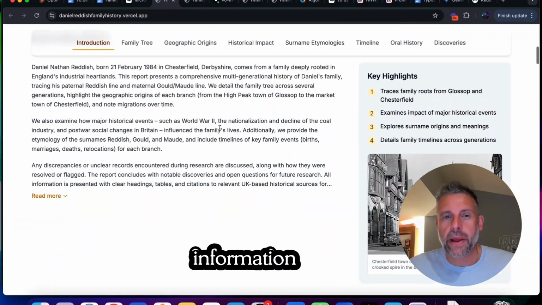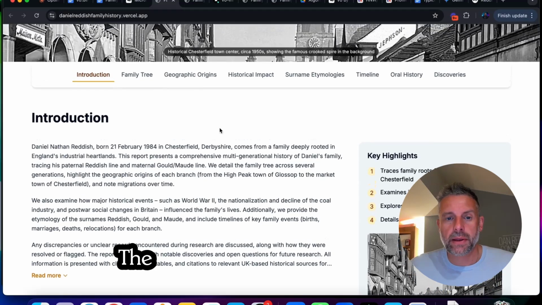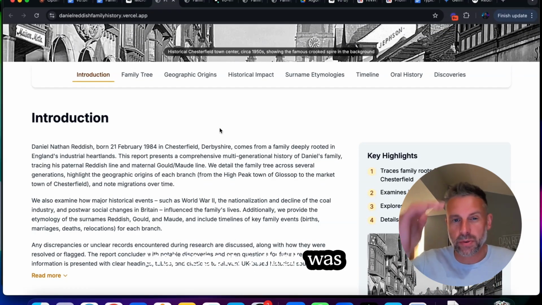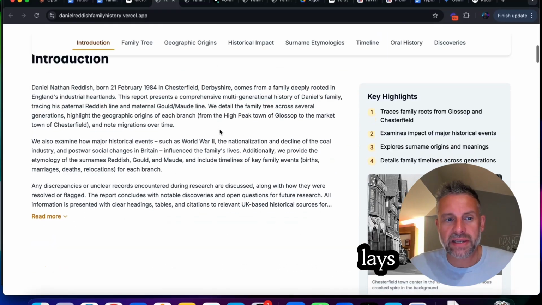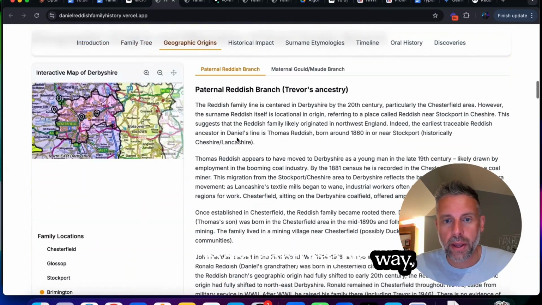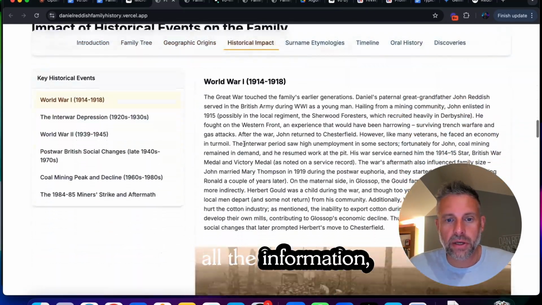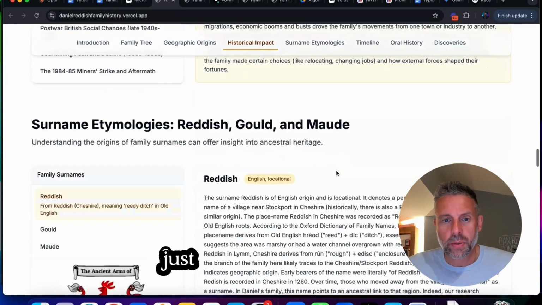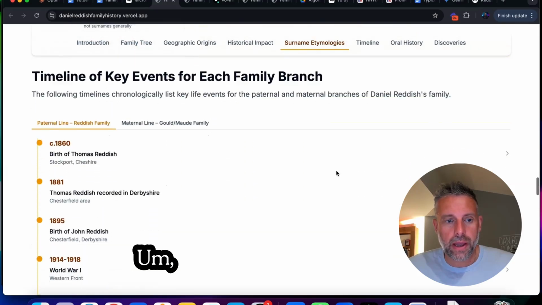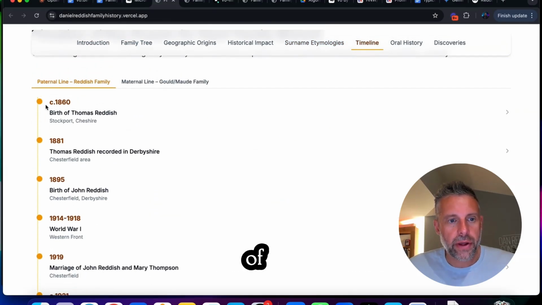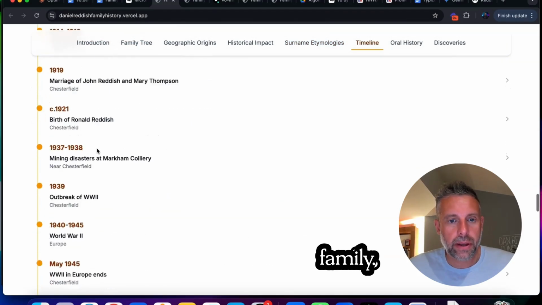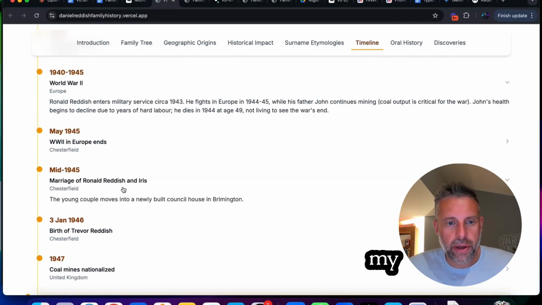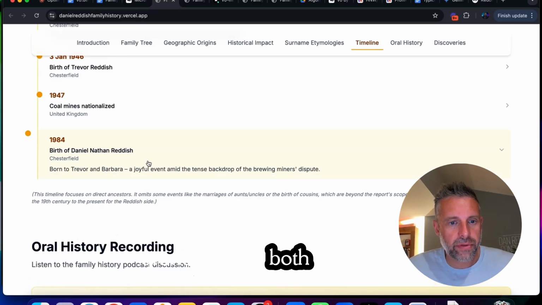So this is all that information from the document that Google Deep Research produced, or that report, which was pretty meaty in detail, but it just lays it out in a more consumable way. It's got all the information, but it's pulled into different sections and made a bit more interactive. It's got different timelines on there. The first records of my family, World War II, marriage of my grandparents, birth of myself,